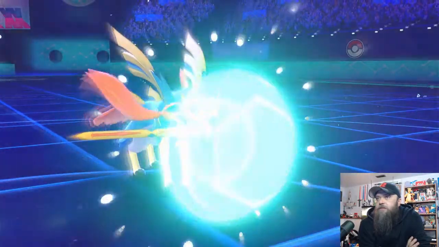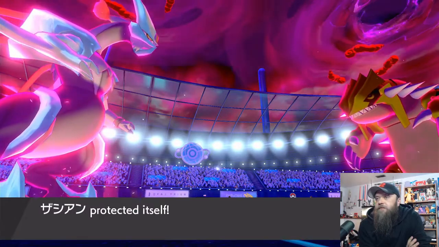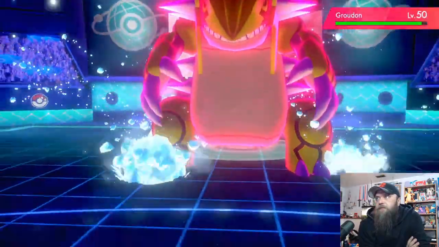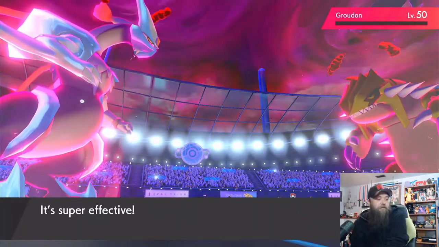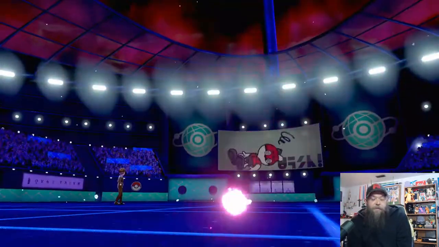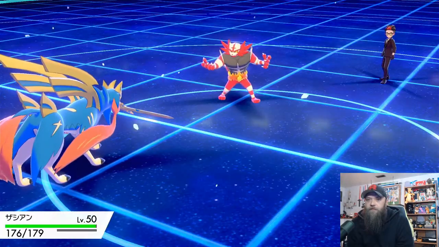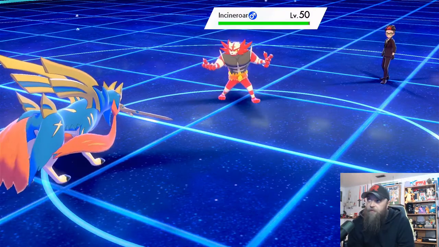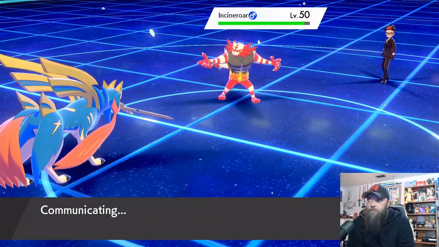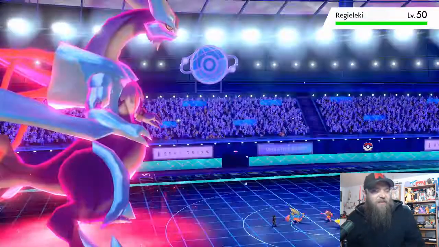Okay, protect with Zacian. Fake out into the protect. Max Hailstorm into the Groudon. Groudon goes down. That's a great hit. Okay. Buff hits by hail. Okay. Gotta have Charizard in the back, right? Regieleki? Really? Regieleki? Okay. I mean...